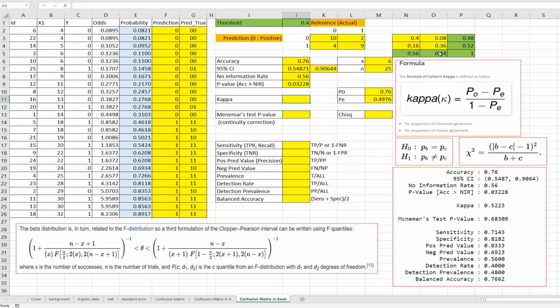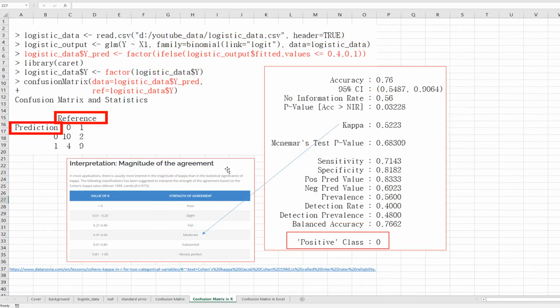Then kappa index can be calculated by P0 minus PE over 1 minus PE, right? And same as this one. So kappa index is 0.52. So according to this website, 0.5 kappa index means moderate strength of agreement,